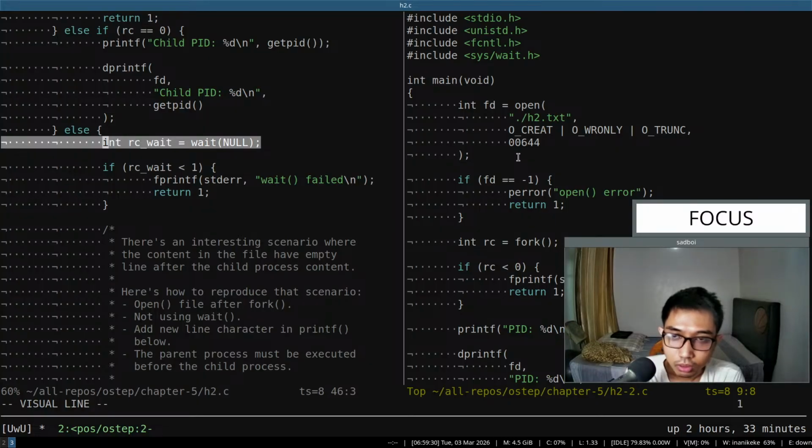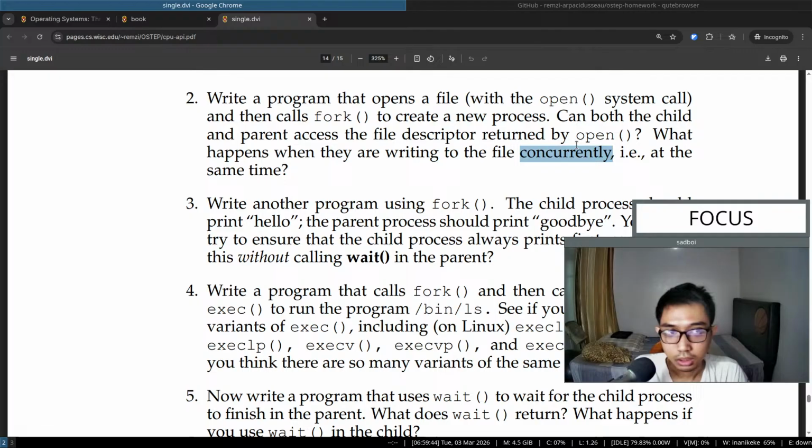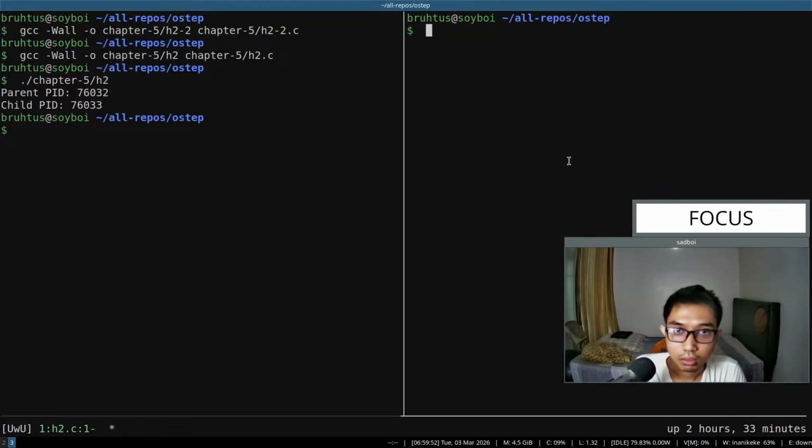Not waiting for the child process to finish first, right? Basically, there is no specific order or something like that. If that is what concurrency in this context means, then well, the answer is that